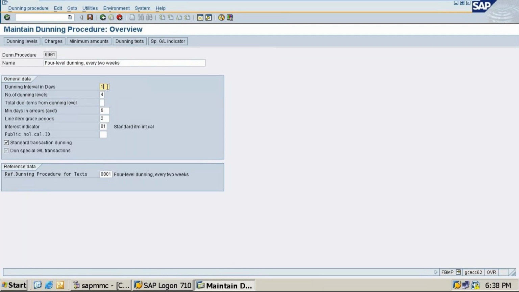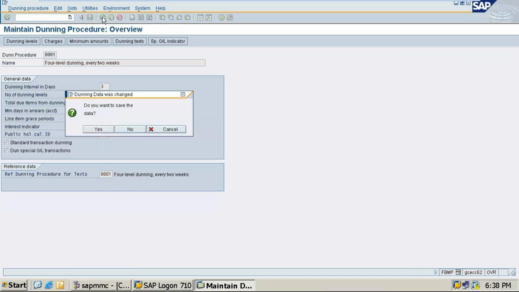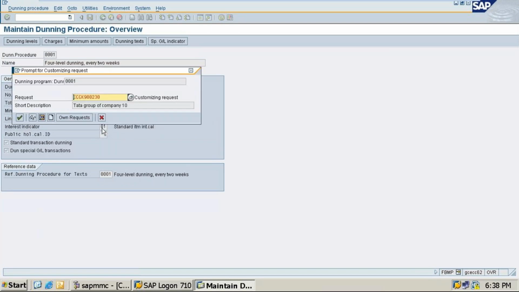So this I'm going to change to 3. This is number of dunning levels, also 3. Okay, this is minimum days in arrears. Click on save. So dunning 3 is not meant in old dunning levels. We'll just change with this data, save first.